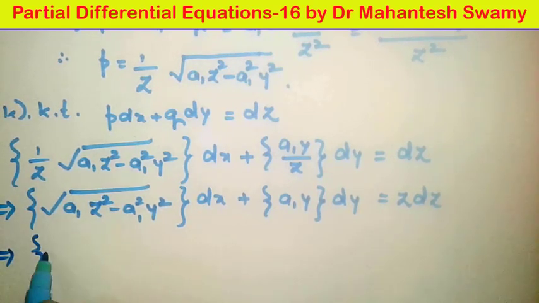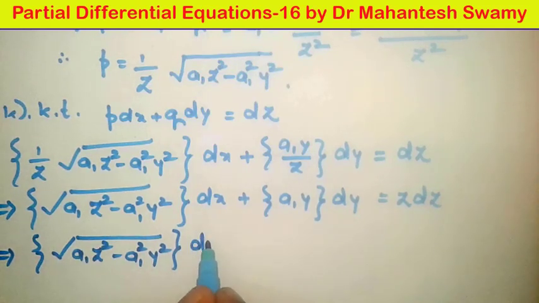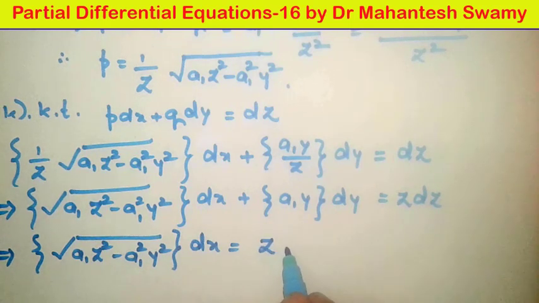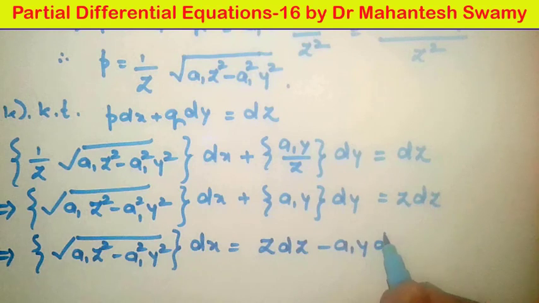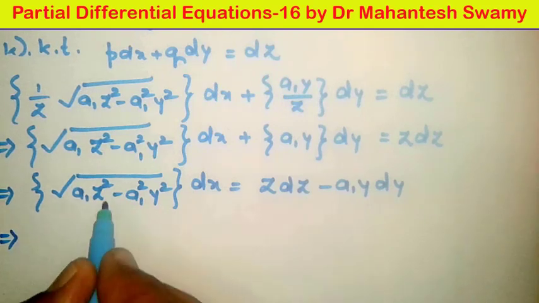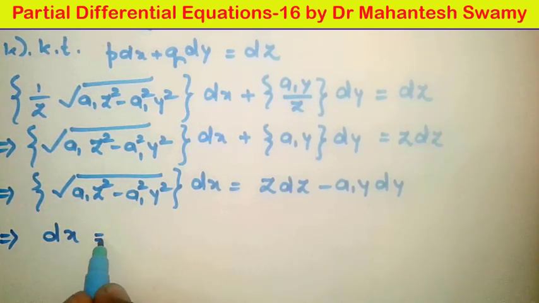First let us keep this as it is, square root of a1 z square minus a1 square y square into dx as it is, whereas on the right hand side it is z dz minus a1 into y dy. After taking it to the other side it becomes a minus sign, and therefore this implies, after transferring this to the other side, it is going to be dx equals to